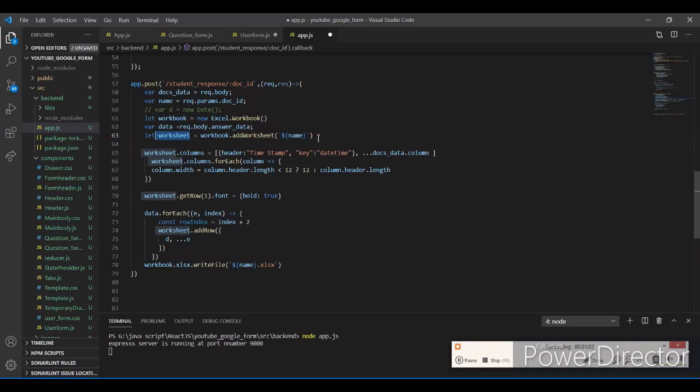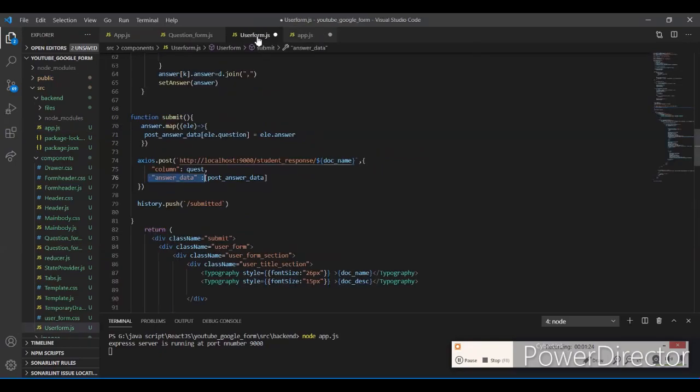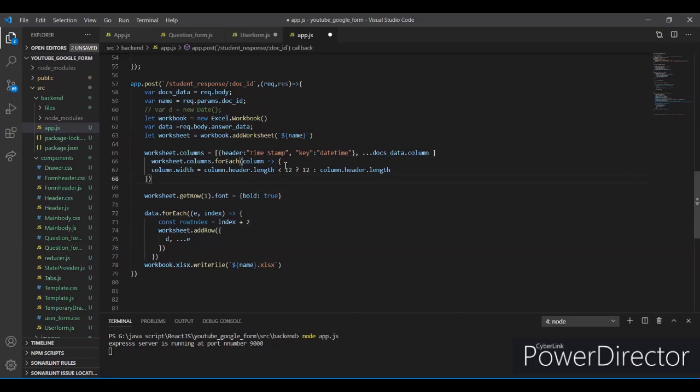workbook.addWorksheet, and the name will be the document ID, and you create the worksheet columns here. That is the array of objects, with the first one holds the property header with the timestamp, and the key for that is the date time. Here you just check in the user and set the column width. If the header length is less than 12, it will set to 12, otherwise the column header dot length,